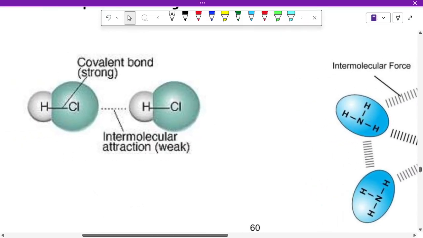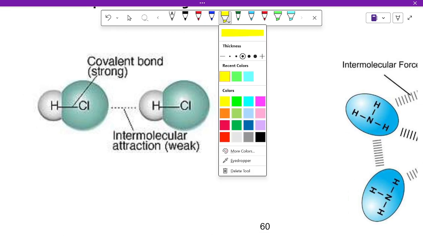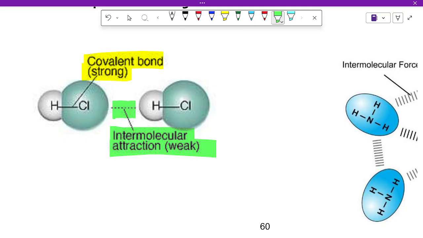So again, here's our strong covalent bond. But you don't get to pack up early. Okay, you start packing up early, I'm giving you homework. Ooh. So we got our strong covalent bond, and we have our intermolecular force that is weak. So if I was to start heating this,